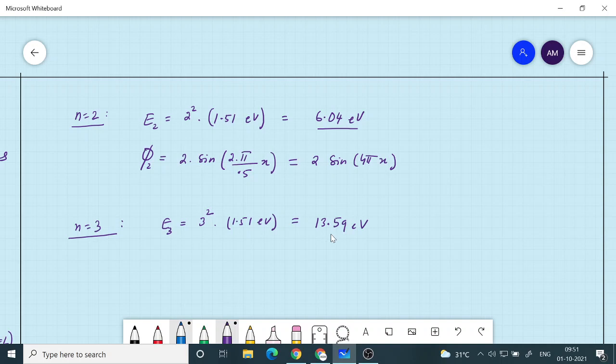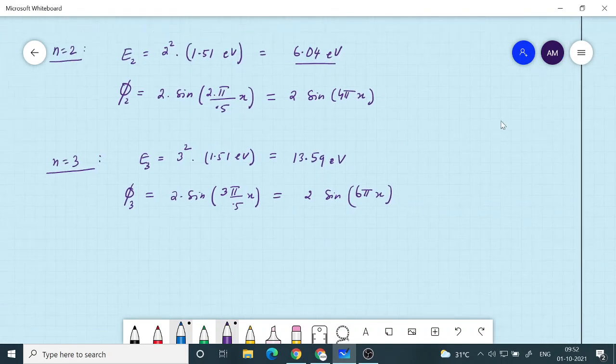So 3 squared into 1.51 electron volt is 13.59 electron volt. And correspondingly your phi 3 is going to be 2 sine, you will have 3 pi by 0.5 x, which is equal to 2 sine, so that is 6 pi x. Okay, so let's now